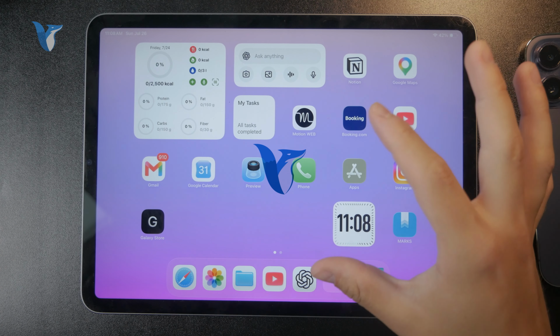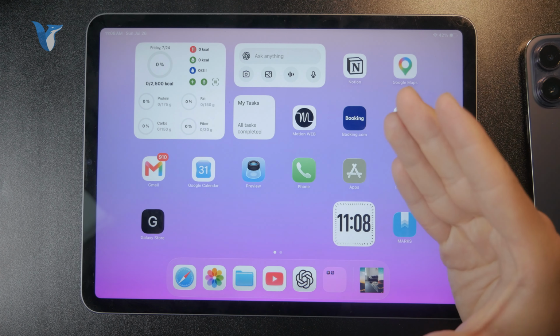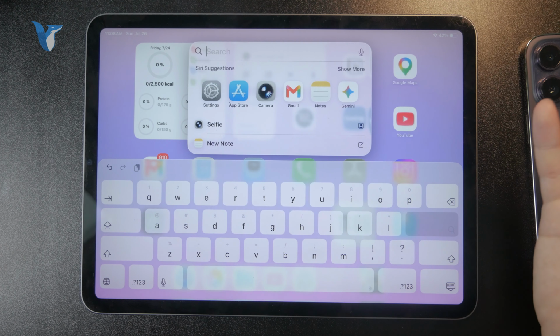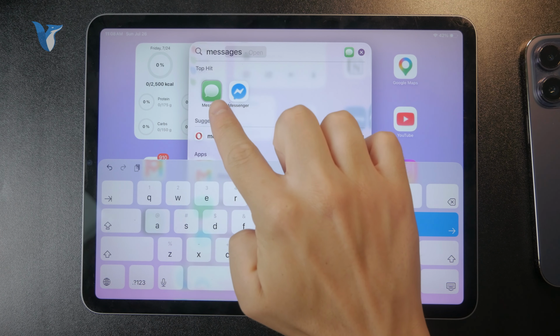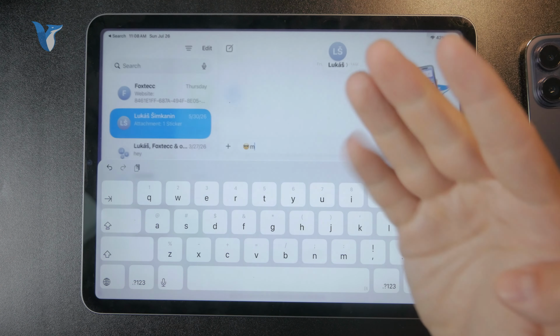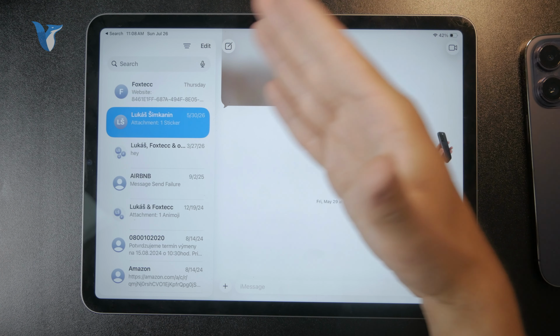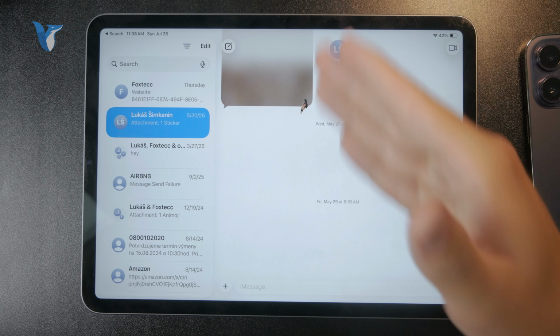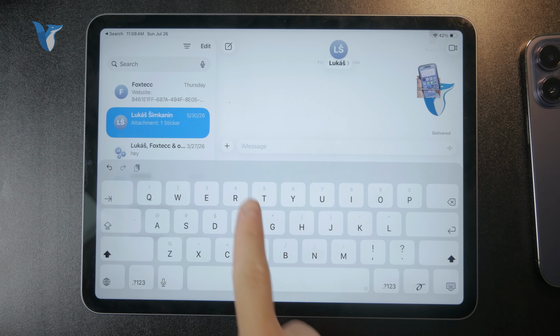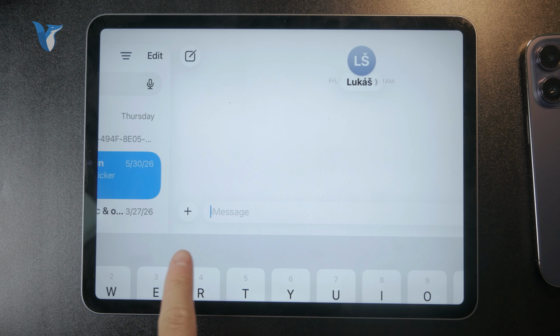Let me show you how you can make your custom emojis on the iPad. So at first, we are going to go to the Messages app on our device, the regular Apple Messages, and we are going to be in the conversations which we have. It doesn't really matter which person you are talking to, but next to the text field, we have plus button